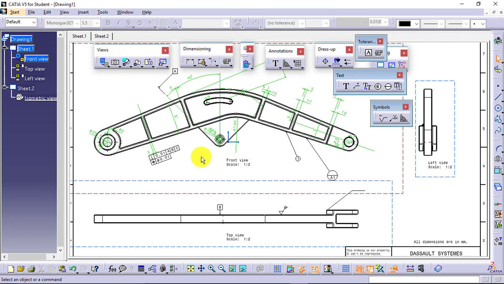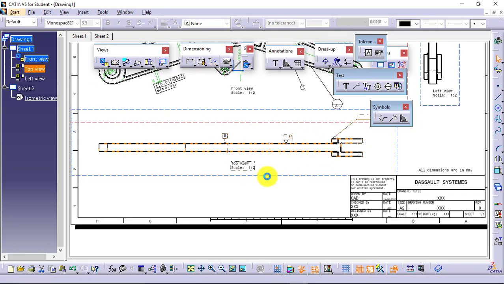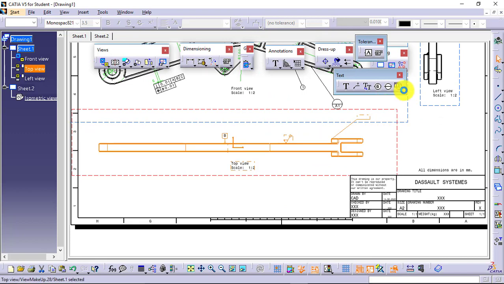Then we have seen the annotations, text with leader, and ballooning. We have seen datum targets, roughness symbol, welding symbol, tables, feature, datum feature, and feature control frame. Then we have some dress up features available. I want the particular part to be dressed up. Say I have this particular view available. I'll just double click and activate it. What I want is to dress it up.